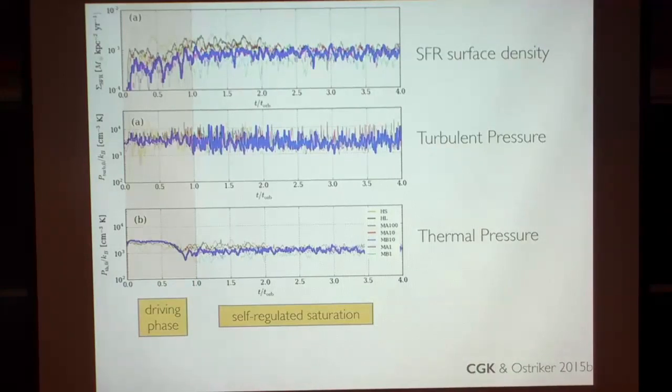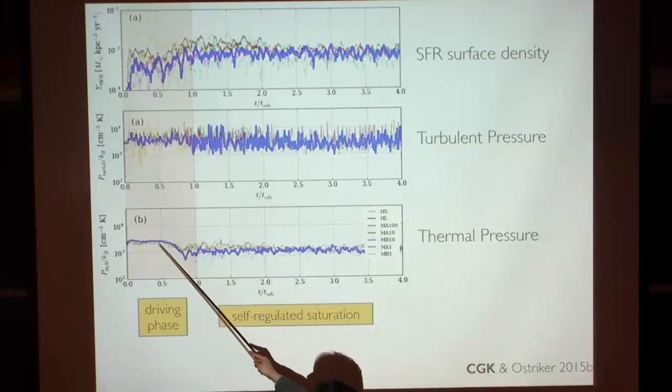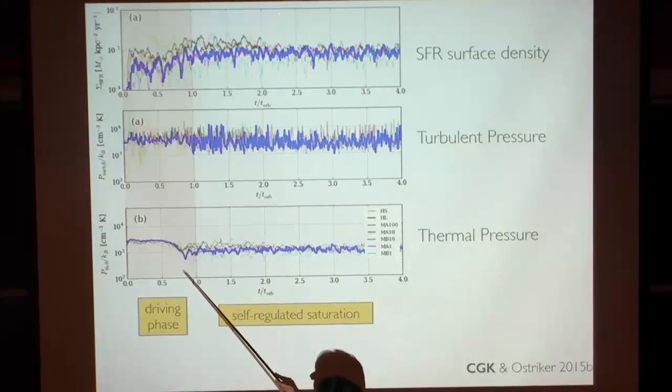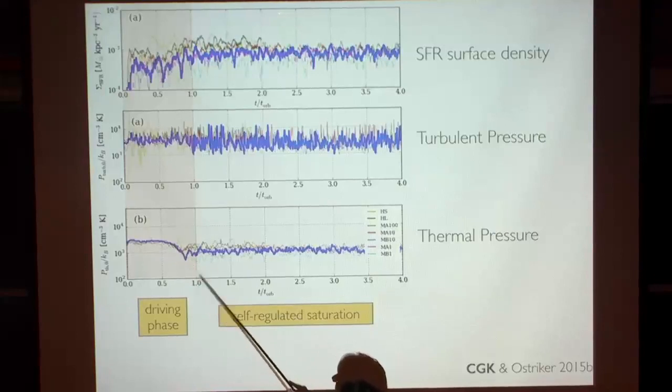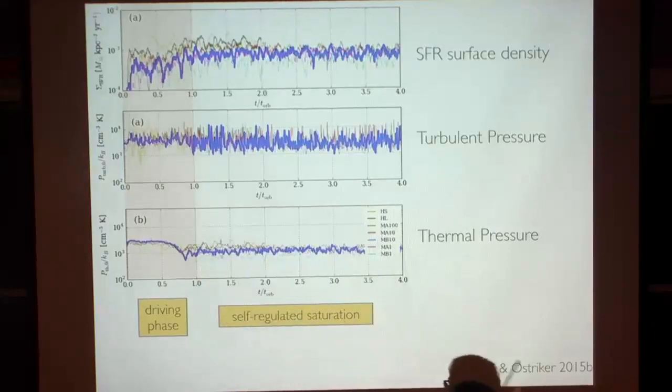Without it, the gas initially just collapses vertically and makes some violent star formation that gives a much larger fluctuation that we don't really want. But eventually, when we turn off this driving from this time to here, it will even